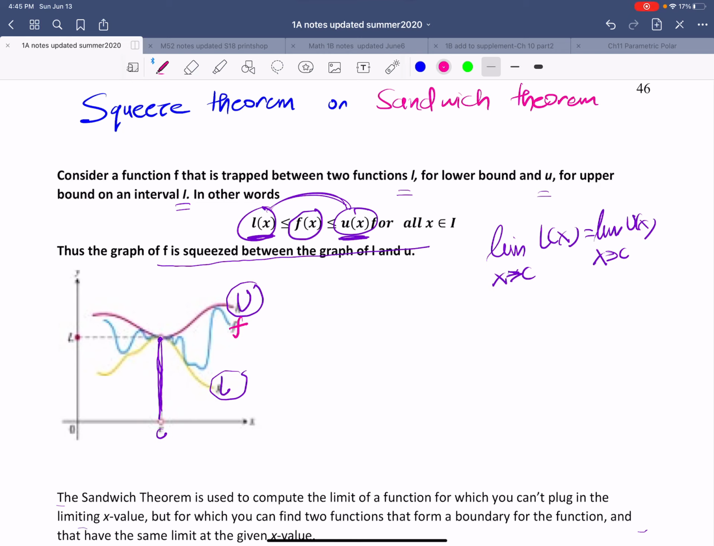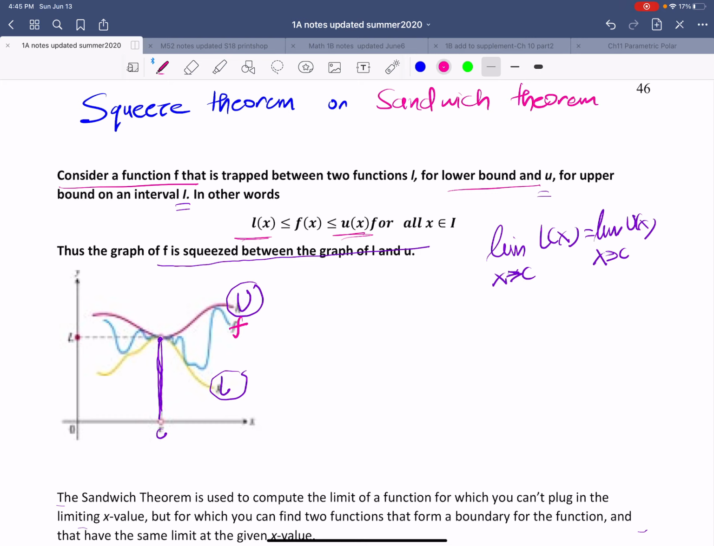Today's topic is the squeeze theorem, or sandwich theorem. Consider a function f that is trapped between two functions L and U. L is for the lower bound and U is for the upper bound. If we can squeeze the function f of x between two other functions L of x and U of x,